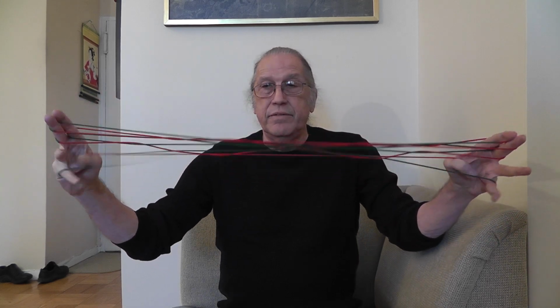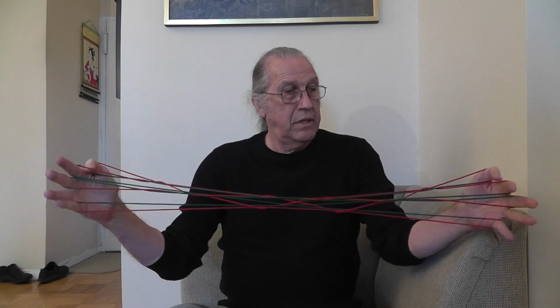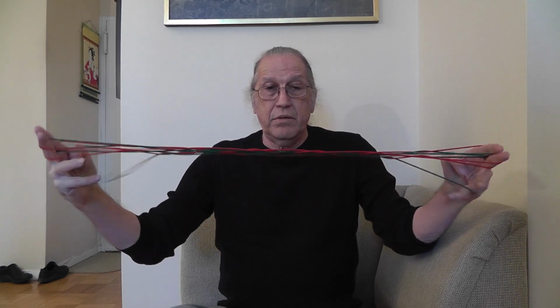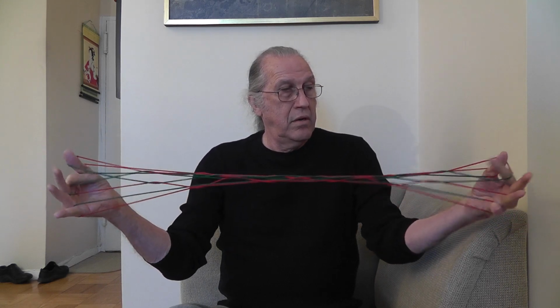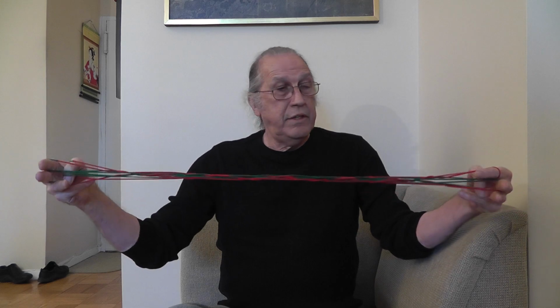Then I rotate the entire figure, once, twice, once, twice, up through, down through. And remember, this time I'm doing a different pattern in the center, and rotate, rotate, rotate, rotate, rotate, once, twice, once, twice. And you can see that through repetition of these particular kinds of moves, you become quite able to do them